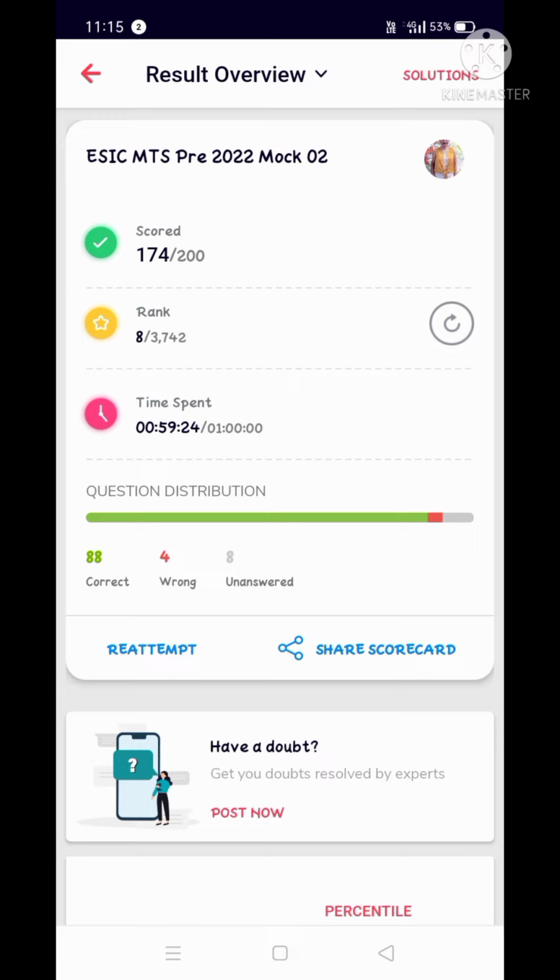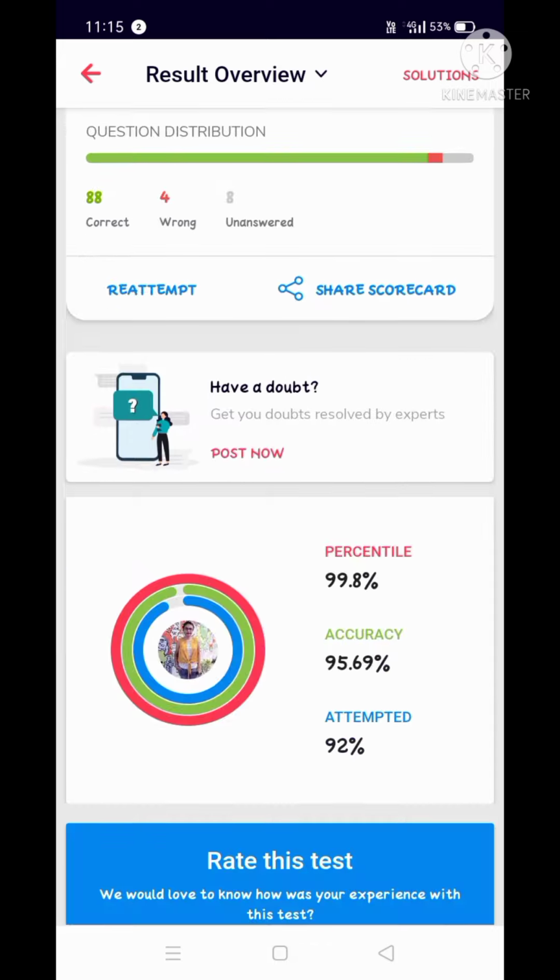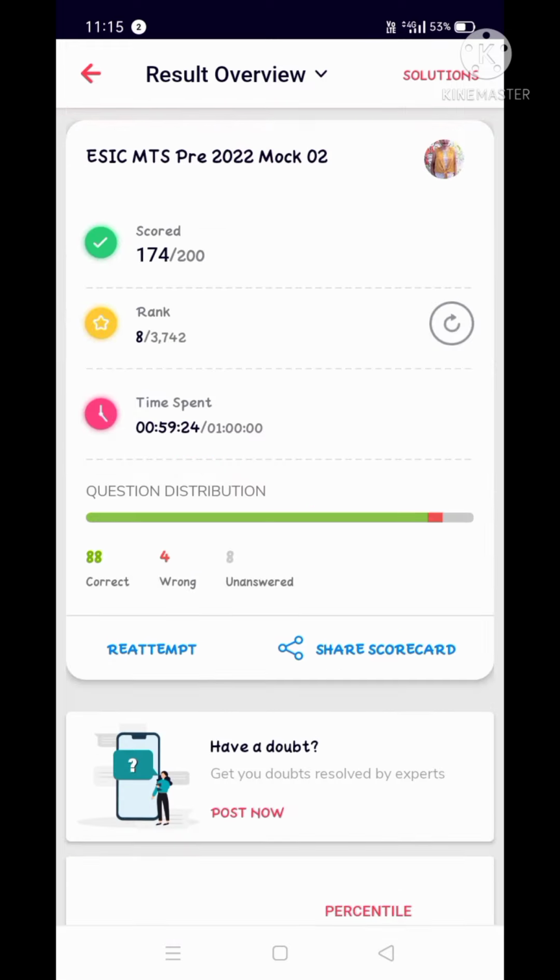3742 candidates gave this mock, and out of these my rank is 8. I have done 88 questions correct and 4 questions are wrong. My percentile is 99.8% and my accuracy is 95.69%. I attempted 92% of the questions. So if I go to the solutions portion, you see